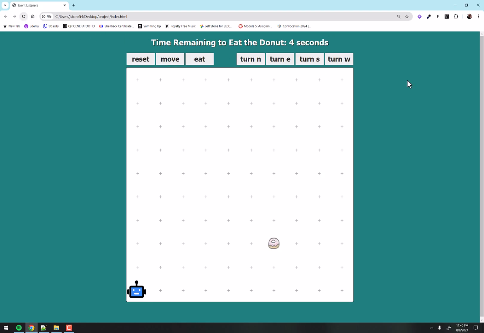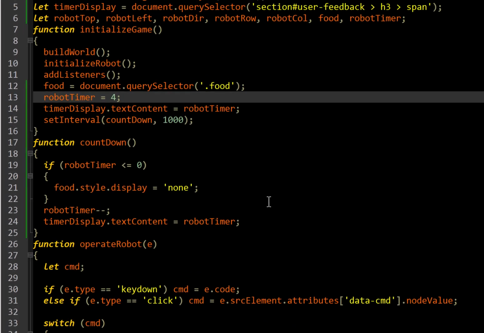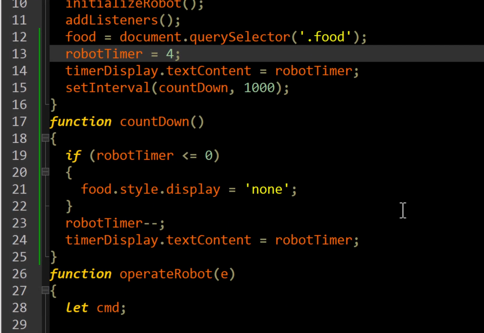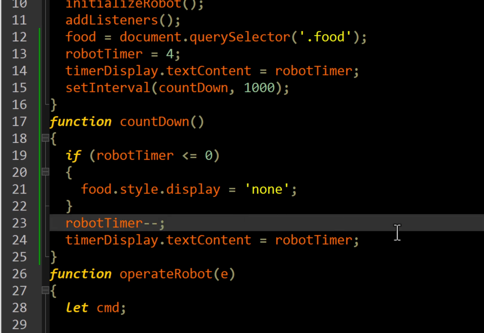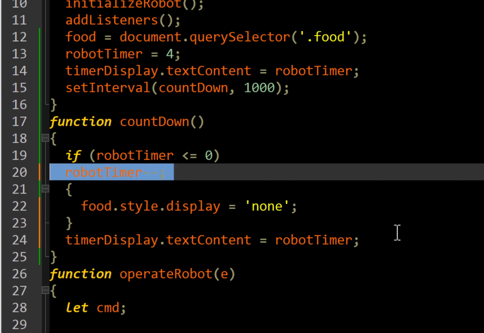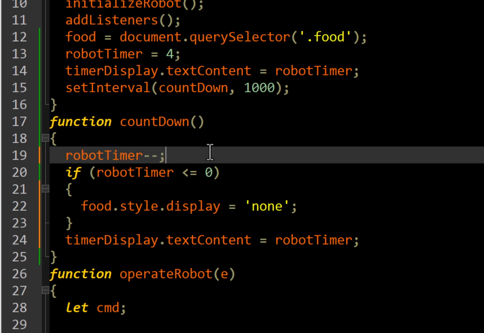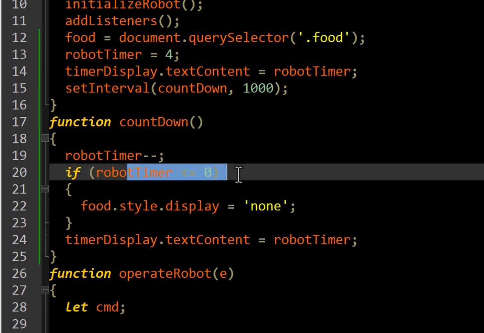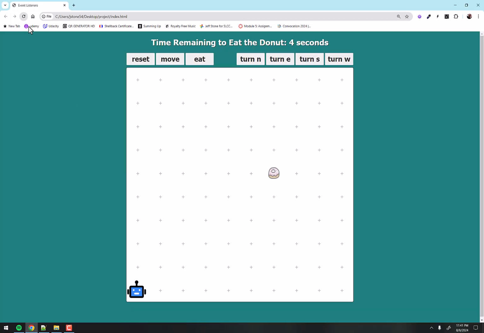So refresh. And if we watch, after 3, 2, 1, the donut should disappear. And it does, right? Now you notice after it got to 0, it seemed to take an extra second to disappear. That can be remedied by just moving that decrementer right here. Because the moment it hits 0 is when we want it to disappear, right? What was happening before is it decremented to 0, but then it took another second for this counter function to run and see that it was at 0, right? So refresh it now, and it should go 4, 3, 2, 1. At the same time as 0, the donut vanishes.